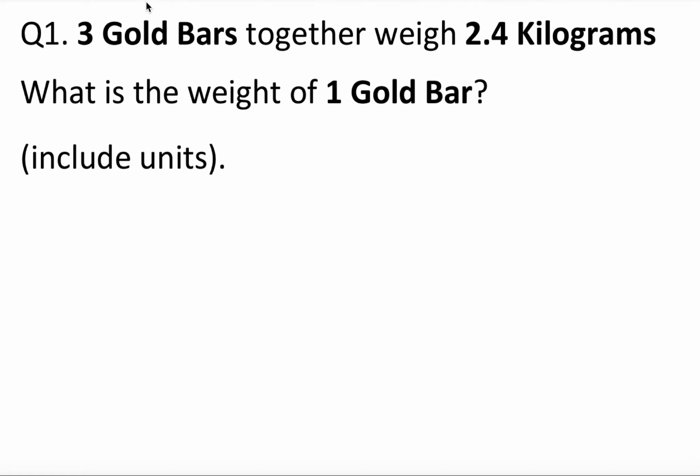Right, question one. 3 gold bars weigh 2.4 kilograms. What is the weight of 1 gold bar? Include the units. So if 3 gold bars equal 2.4, we need to divide 2.4 divided by 3 equals